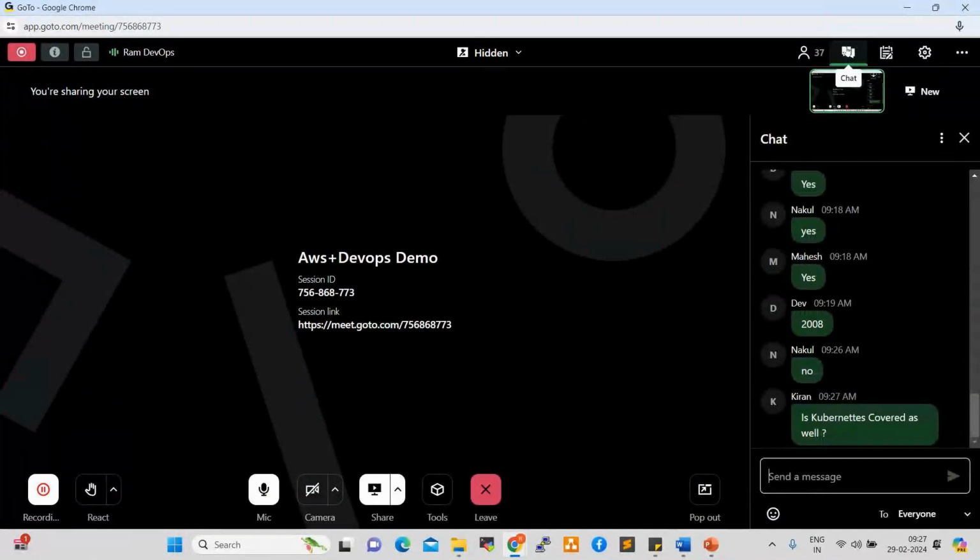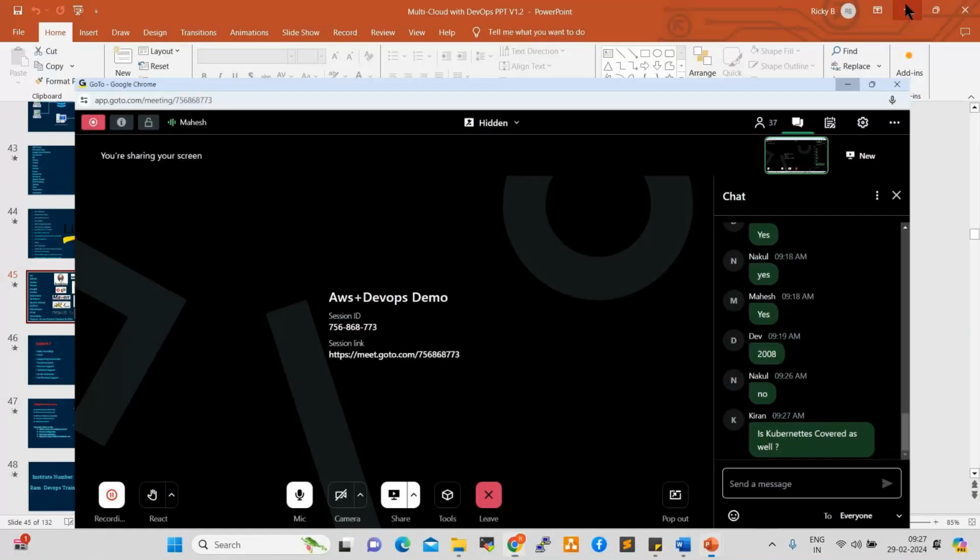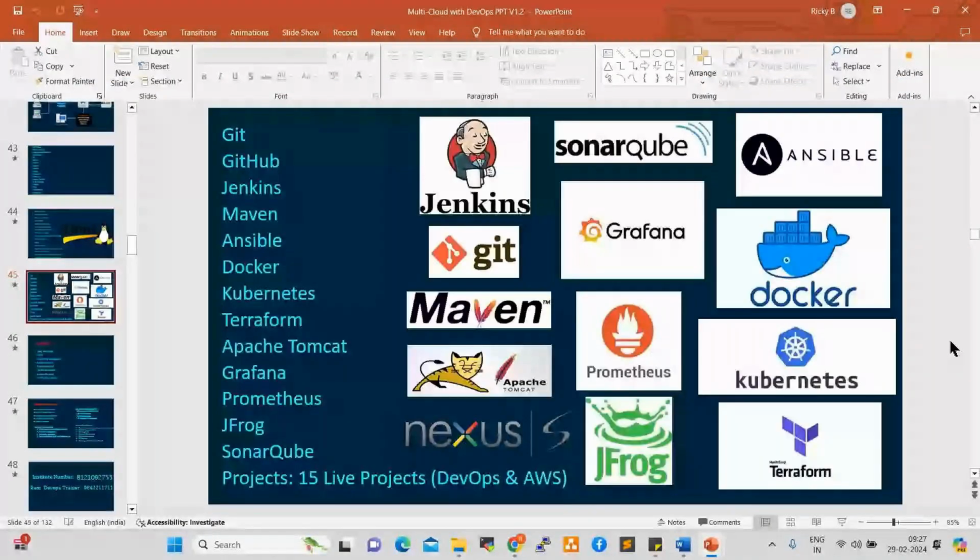Regarding pipeline creation, we do that in these projects. A live Kubernetes project is there, and the pipeline creation comes under Kubernetes. In Jenkins also we get the pipeline. My friend joined LTI, and he was into CI/CD, pipeline management. I want to know about that. Yes, it will be covered.